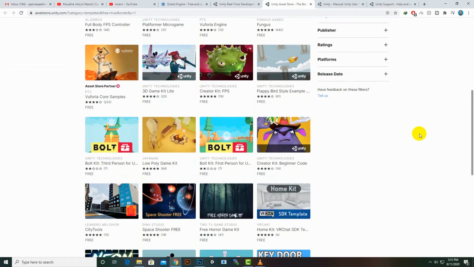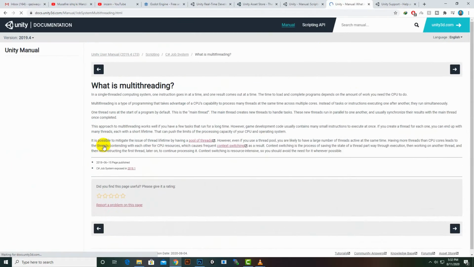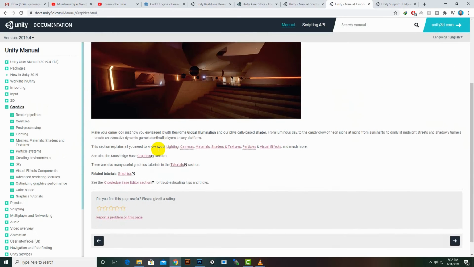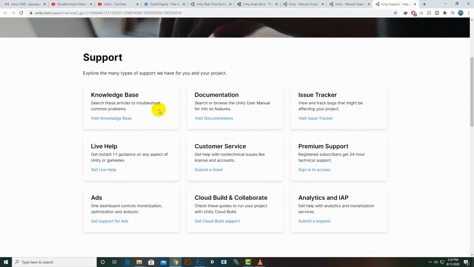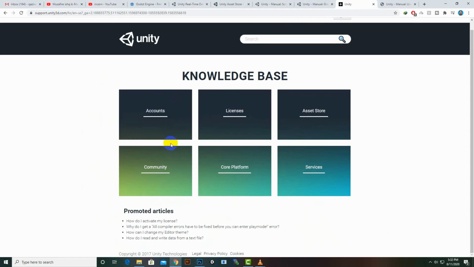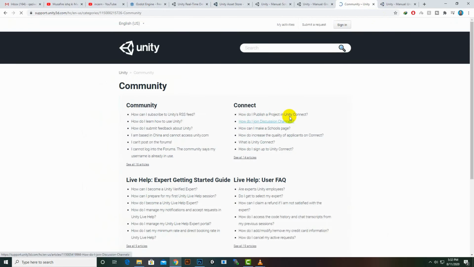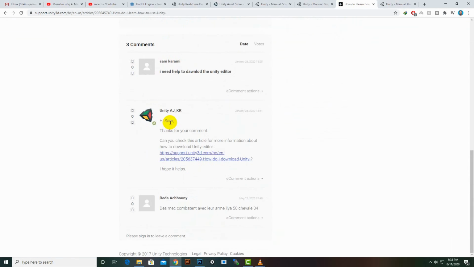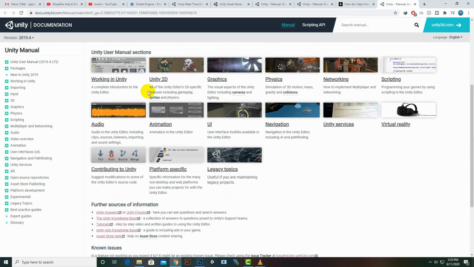Get up to speed on Unity features and workflows and find out how to create and use scripts with Unity's thorough, well-organized documentation. At the end, Unity has a great forum where you can post your questions and you will be answered by great developers around the world. So that's it as far as game development.